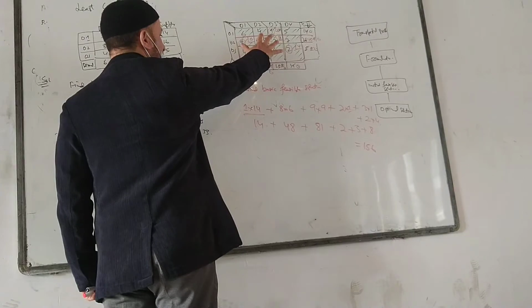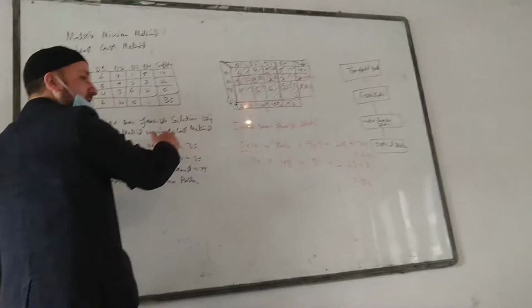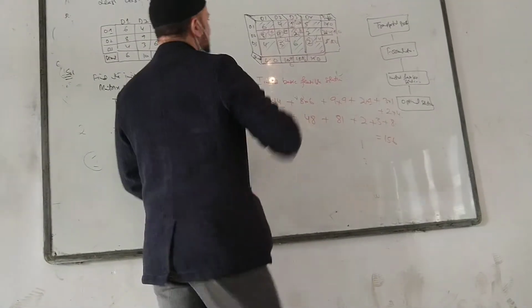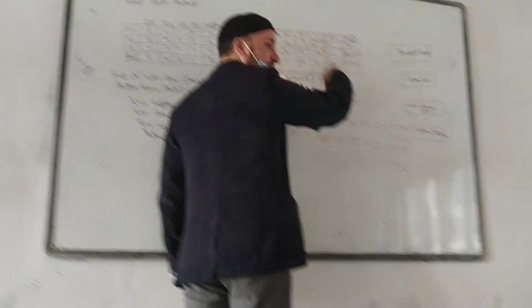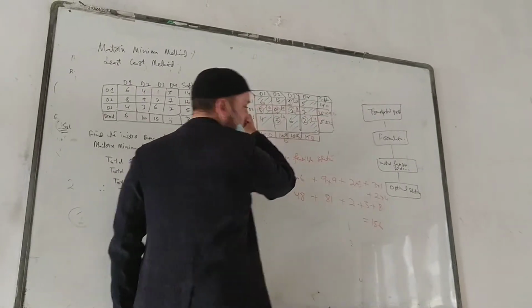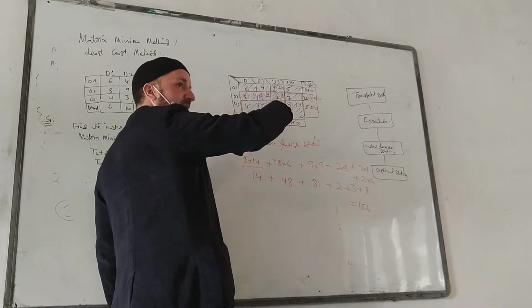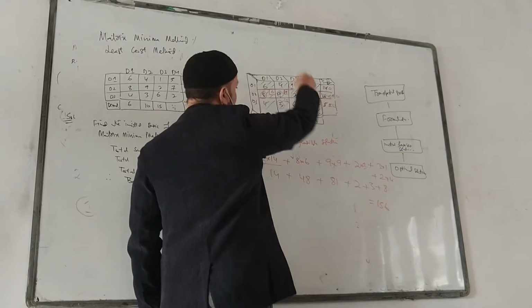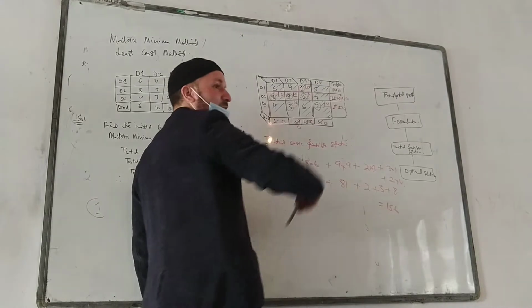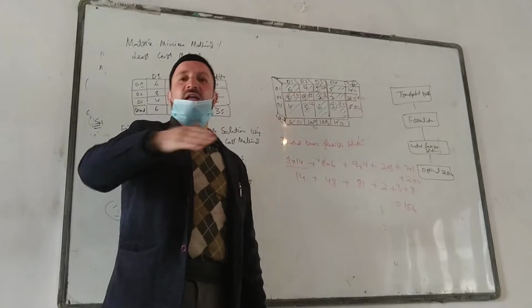Then we go for the initial basic solution using the matrix minimum method or least cost method, where I will choose which one is the smallest in the array. Assign the smallest from the supply and demand and cross out that. If the row or column is 0, I can't work with it. Gray out. Don't work with these elements when you assign something. And I will repeat this step, finding the least, till I am done.